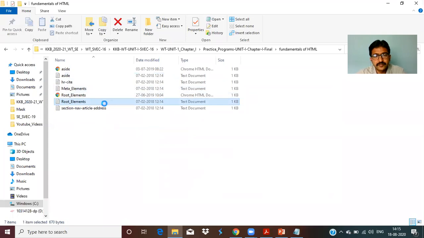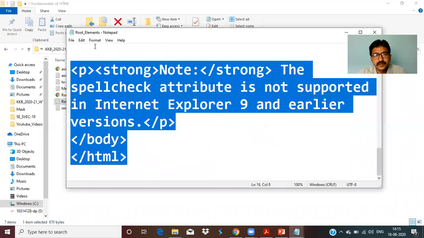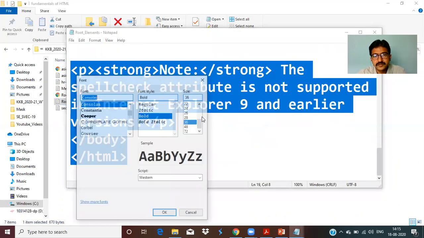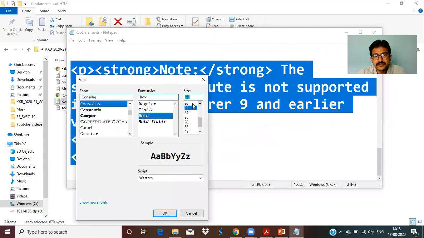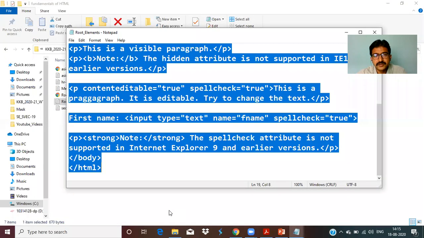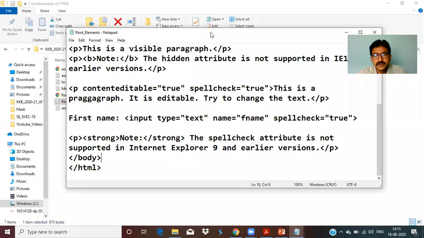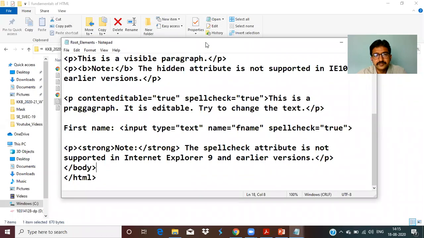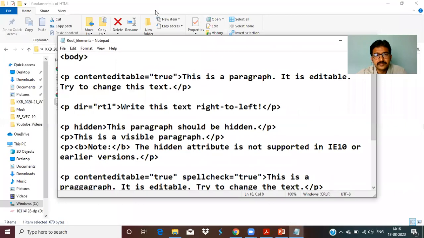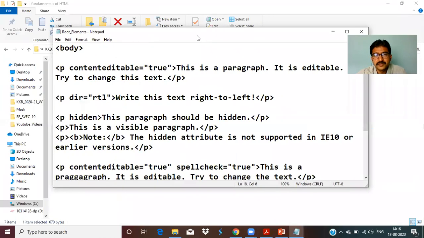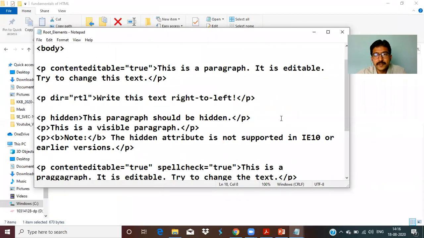Reduce the font size. Right. Fine. Now see, it is better. Right. Hope it is visible.